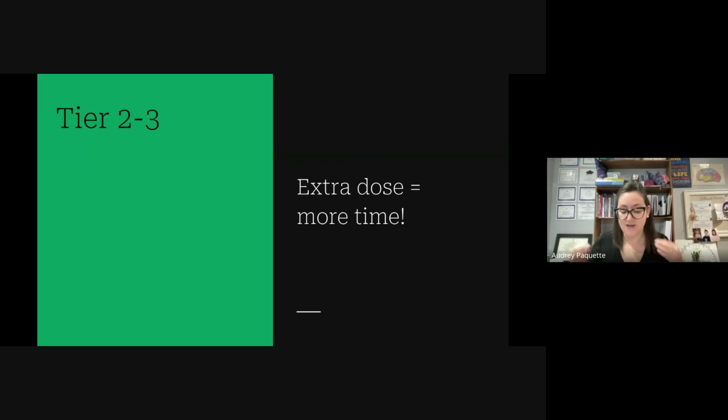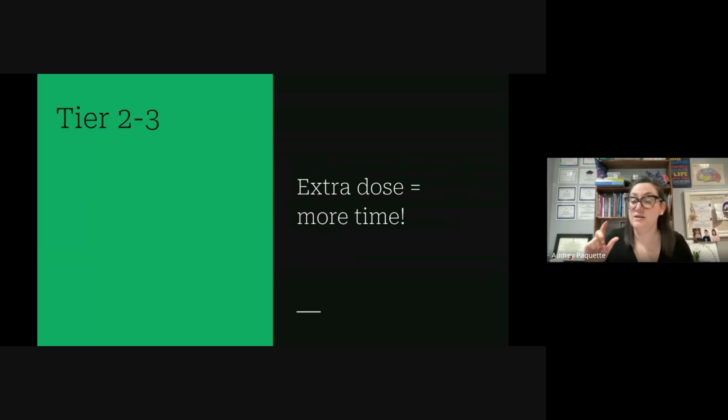So we really should have a flexible tier 1 and then a second dose in tier 2 at a different time on the same day. Okay. And how do you know if your tier 2 is working? You progress monitor. When you're progress monitoring, for example, if you have 4 kids, 3 of them are totally on track, and then 1 isn't, that's when maybe that student may need tier 3 with more